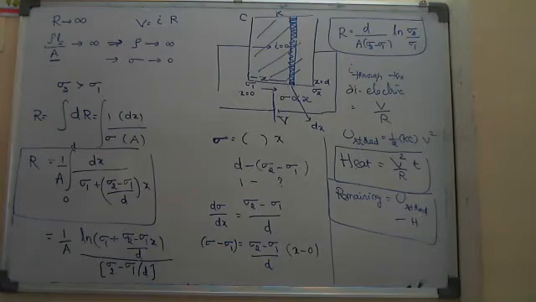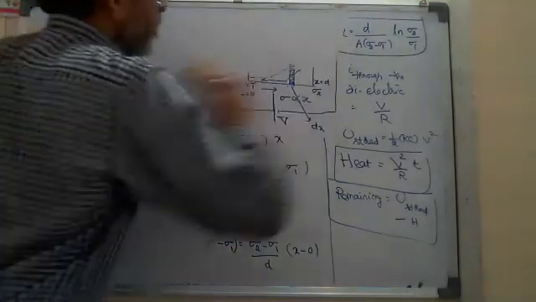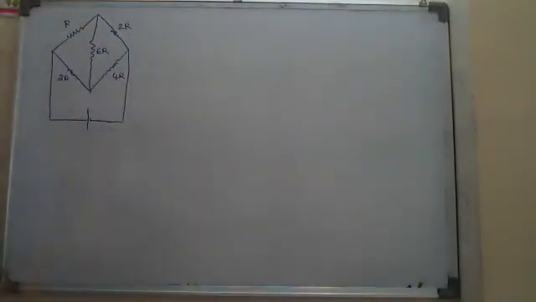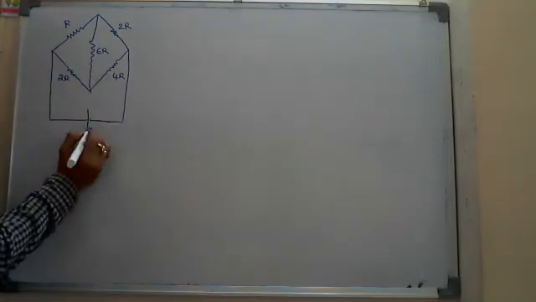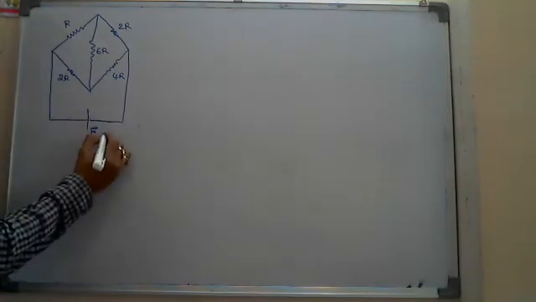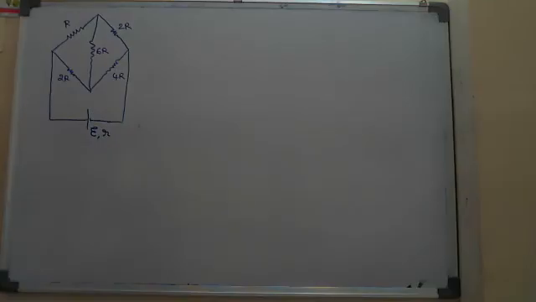So in this question, suppose I ask what is the current through each branch and what is the total current delivered by the cell. Such types of questions. First of all, they have to give the EMF of the cell, E. And they have to mention whether there is some internal resistance or that internal resistance is zero. Then we can solve very easily.